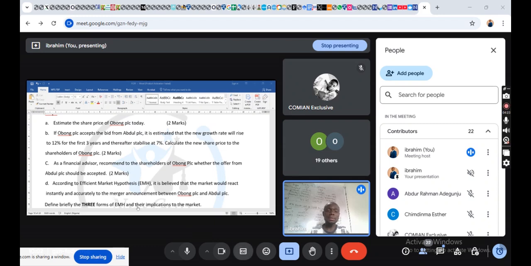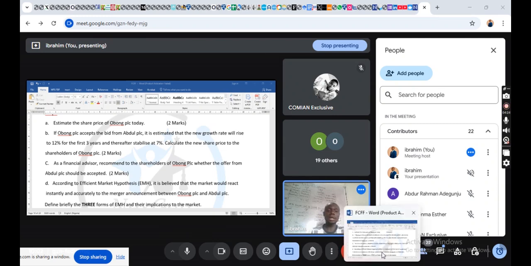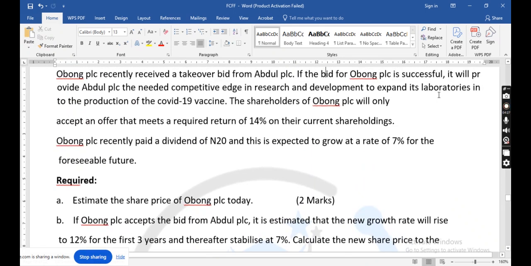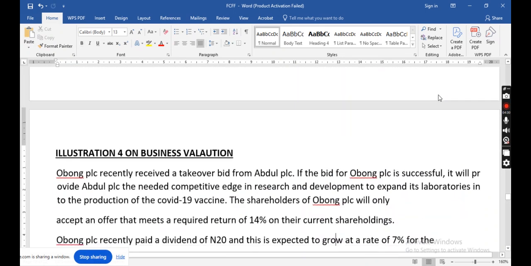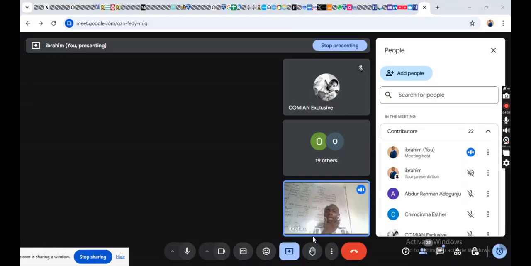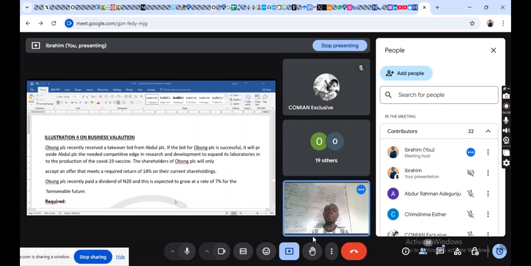D. So let's quickly read the question. Obong PLC recently received a takeover bid from Abdul PLC. If the bid for Obong PLC is successful, it will provide Abdul PLC the needed competitive edge, because